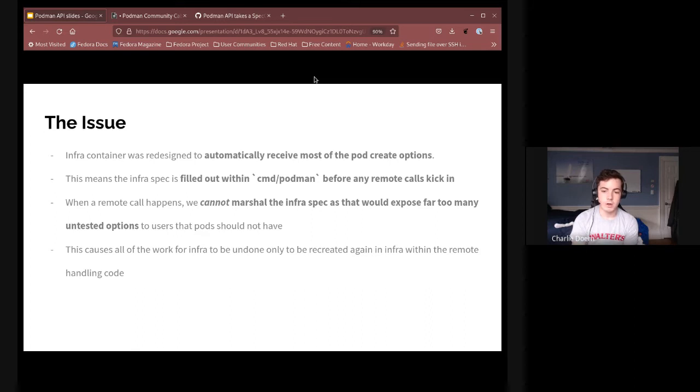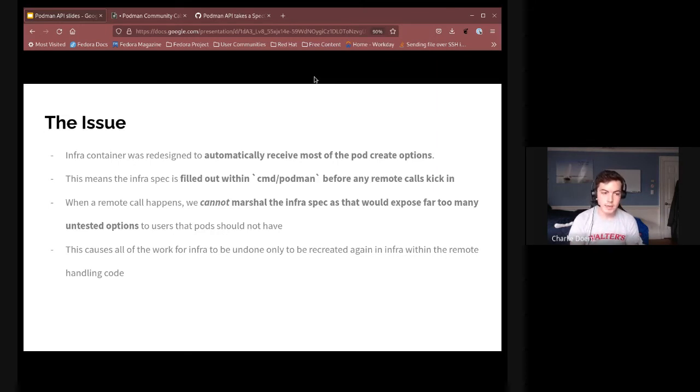Which means that all of the infra container parsing of options and mapping and filling out of the spec gen basically has to be thrown away and redone inside of the API path, because the type for that